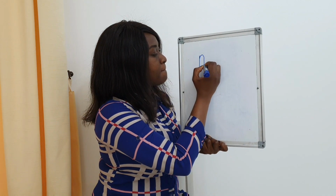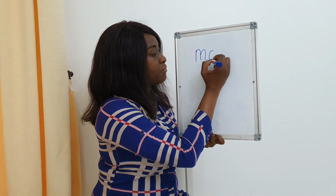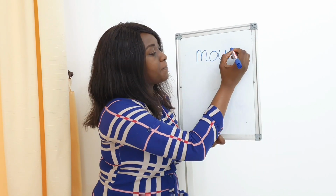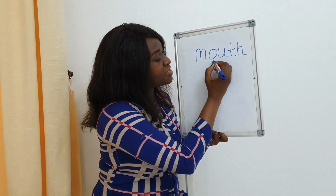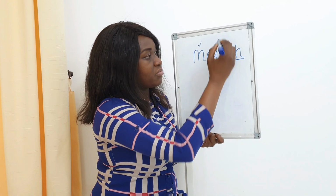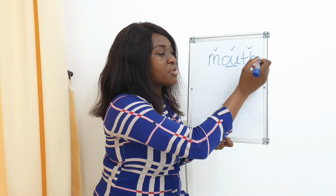In the word mouth, we have 2 sets of special friends, remember? So let's spell the word mouth. Our first sound is m. And then we have the first set of special friends, which is the sound we're learning today, ow. And then we have a second set of special friends, th. Mouth. So go ahead and underline the first set and the second set. Good, huh? So let's tick for m, let's tick for ow and for th. Now, if you didn't get it right, just draw a line across the word you wrote and